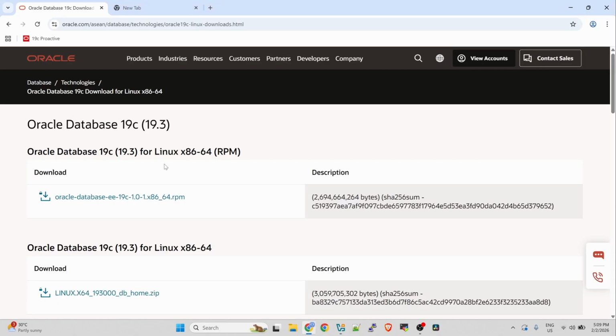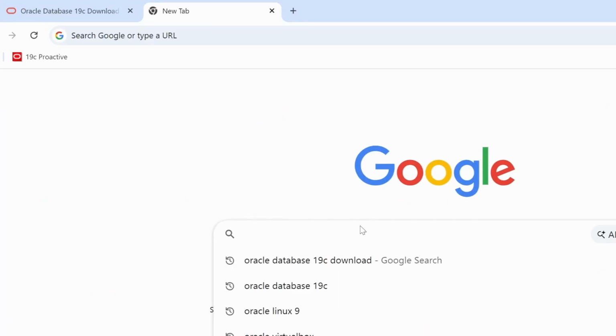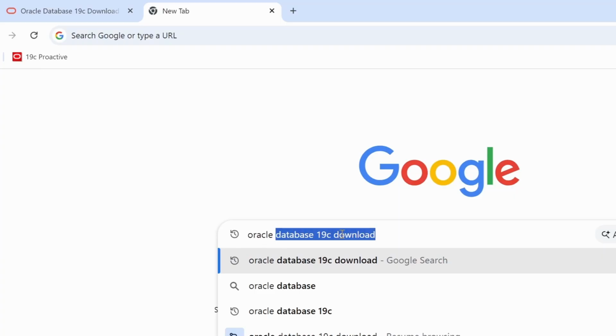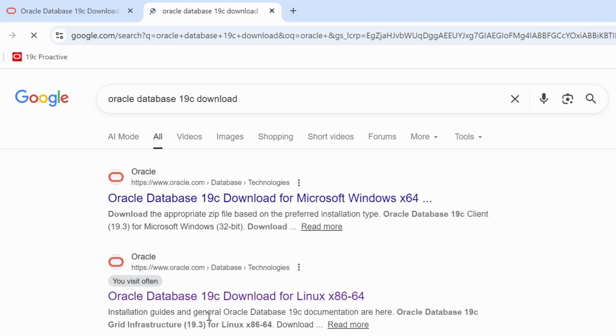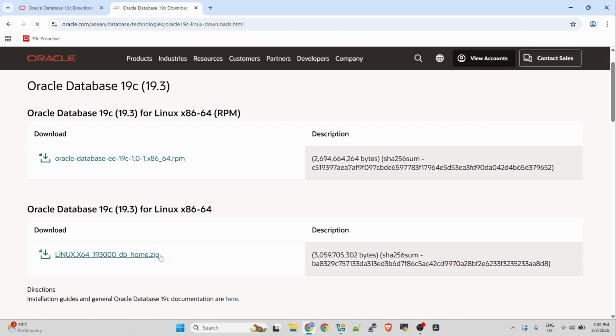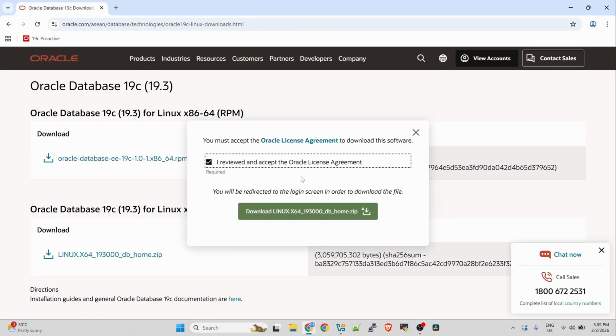By the way, you can download the Oracle Database 19c installer for Linux. Just go to the Oracle website, search for Oracle Database 19c download, and then look for the Oracle Database 19c download for Linux. I reviewed and accept the Oracle license agreement, then download.